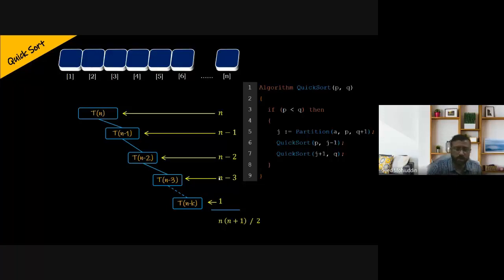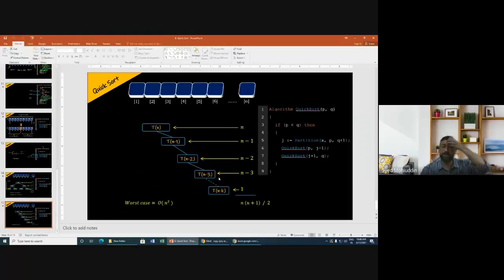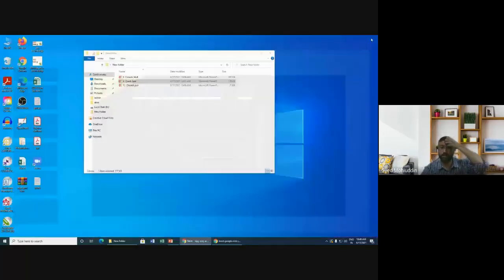So in the worst case, the time complexity of quick sort is O of n square. And remember, the worst case is when all the elements are in sorted order. So this was all about quick sort and how partition is done and how quick sort is